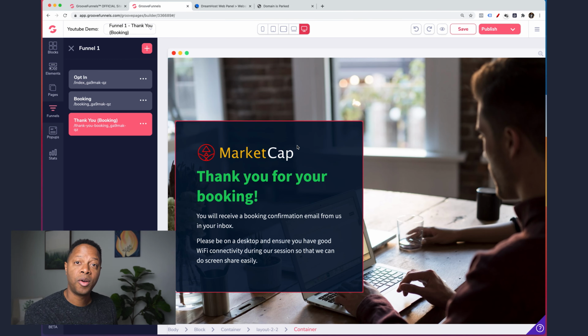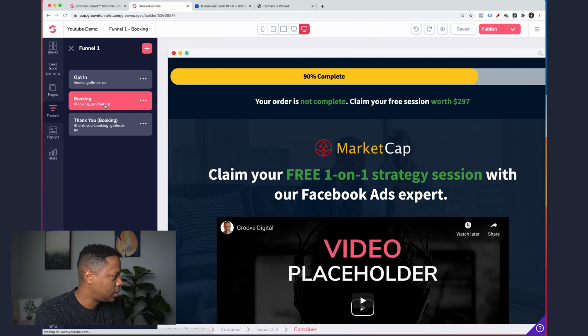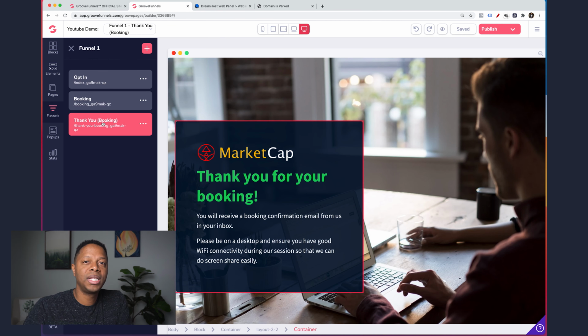So the first page that I know we're going to have is an opt-in. Now, depending on your business and depending on what you decided, are you trying to get more customers, meaning that you want them to download a guide, and then after they read that guide, they can click a link and then become a customer? Or after they opt in on that first page, do you want them to book a session with you, that you maybe use Book Like a Boss or Calendly? So I'm going to leave these 2 examples here. And by 2 examples, we have booking and we have thank you. You only need 1, but I'm going to show you both.